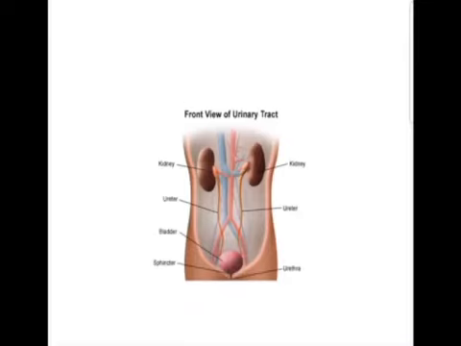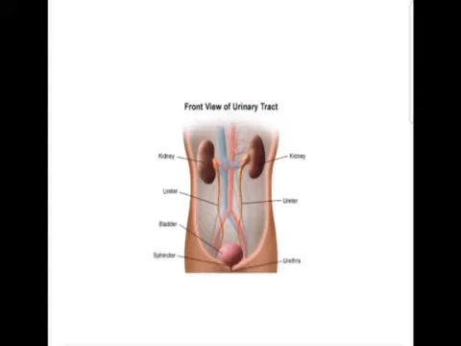And urinary bladder is a reservoir in which the urine is stored for some time before voiding through the urethra. So these are the different components of the urinary tract: the paired kidneys, paired ureters, and the urinary bladder and the urethra. And in the male and the female, the urethra has a different structure. We will study later on.